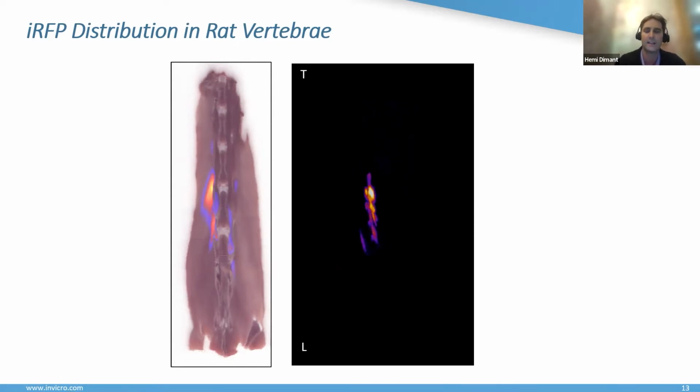We're seeing signal that seemed to me outside. This is where the overlay became very handy, because if you look at the overlay here, it's becoming more clear that the signal that we're seeing is outside the vertebra, in surrounding tissue. And we were further able to,